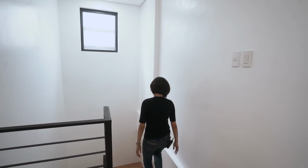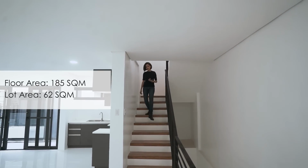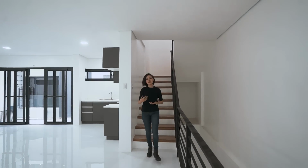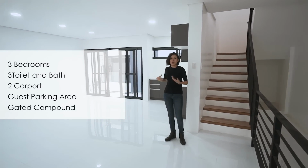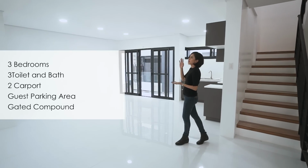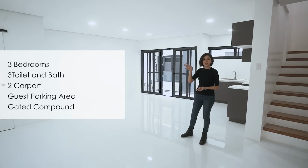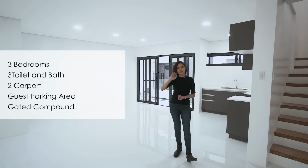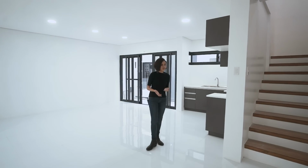Okay, so let's recap. So you've got 185 square meters in floor area, 62 square meters in lot area, packaged so nicely in this modern designed house. Of course, you've got a gated compound, so you've got 24-hour security, a 2-car port, 3 stories, 3 bedrooms, 1, 2, 3 toilet and baths, a separate maid's quarters/utility area, and of course we have